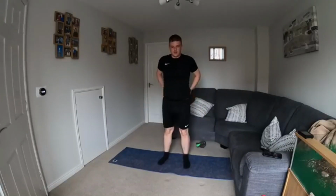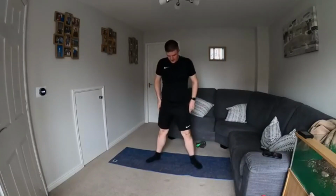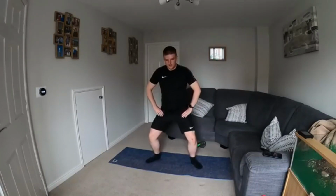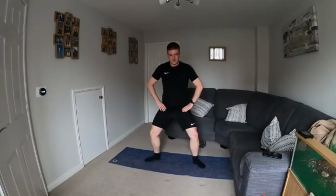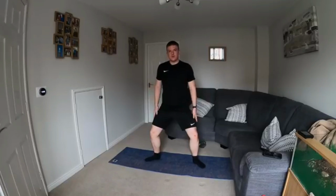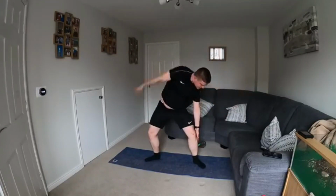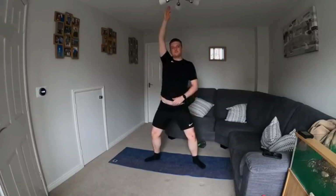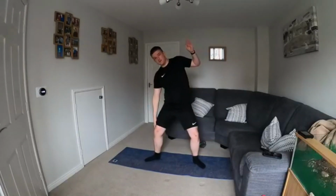And then from there we're just going to get up from our mat into our standing position. So try and get yourself into quite a wide stance this time, feet turned out, and keep our knees nice and soft. We're going to squat down ever so slightly, and then from there we are going to rotate one hand over, down to the other hand, and sweep it round in a circle, back up. So how that looks is you're going to have one hand that's going down one of your legs,